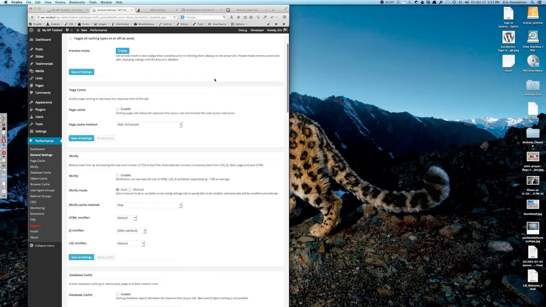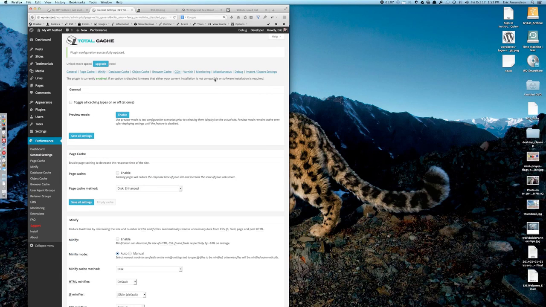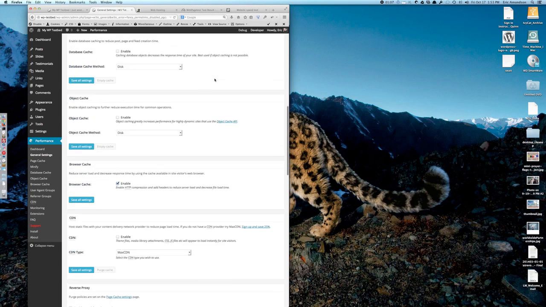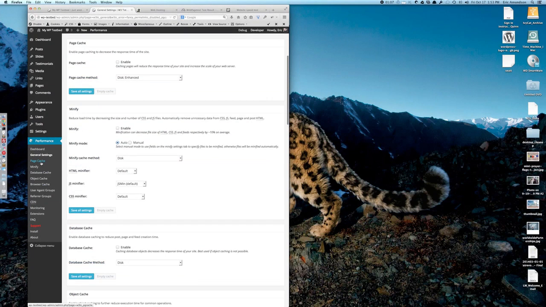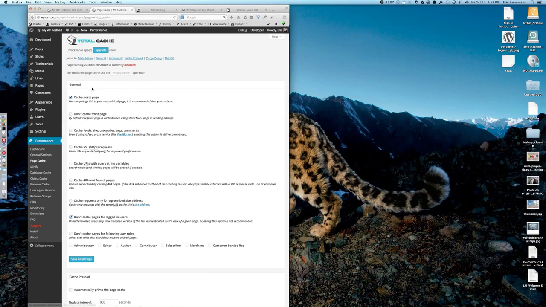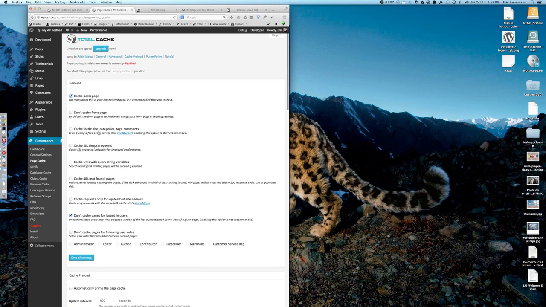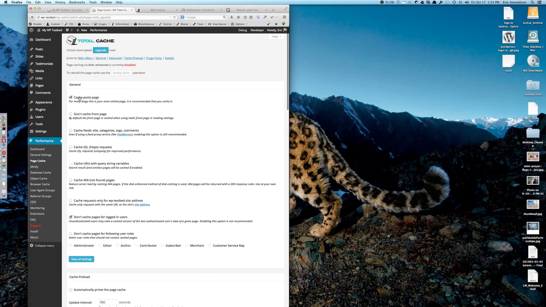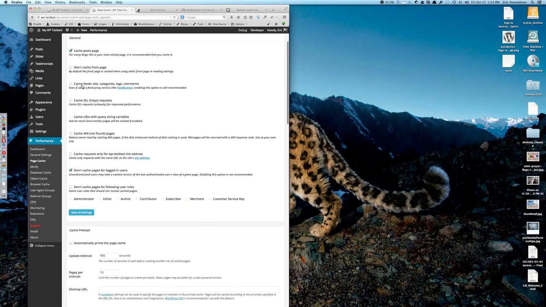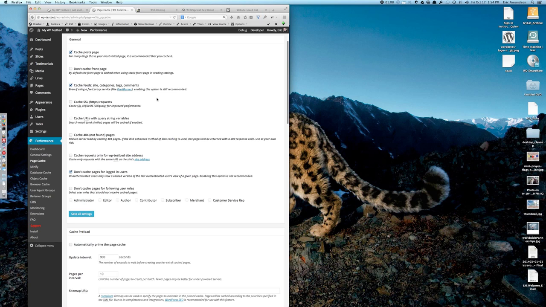And so if you do nothing else on your site to help performance, put in page caching and put in browser caching. And each of those things has more information here. So within page caching, we can see more settings here. You can decide whether you want to cache the posts page or the front page. You can cache feeds, which is a decent idea. Whether or not you want to cache secure requests, or cache URIs with query string variables. So what that means is